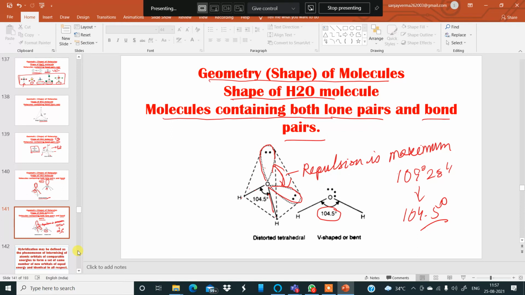Okay, now this concept of VSEPR theory, is it clear to all of you? Is it clear to all of you? I am asking you the question. The concept of VSEPR theory, and using VSEPR theory to predict the shape of molecules, is it clear? Any response from your side? Yes. Okay, so now I think it is the right time to begin the next topic,